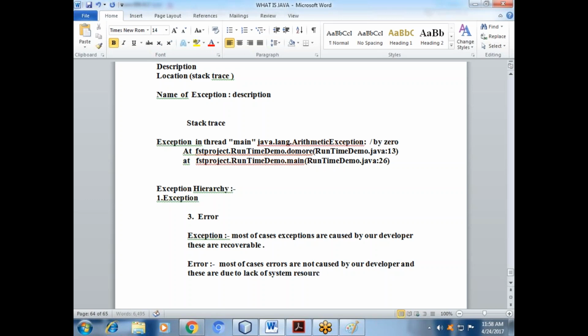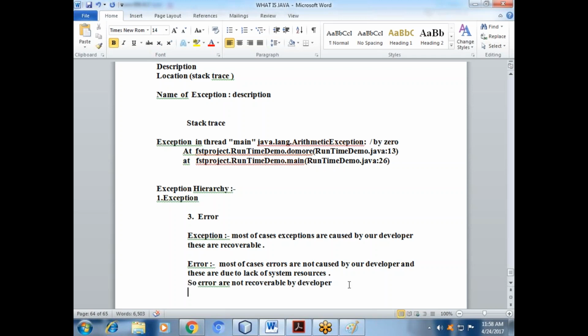System resource. Got it? So you can say errors are not recoverable by the developer.